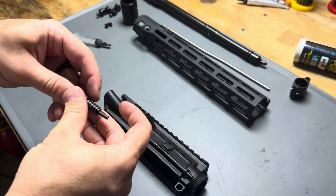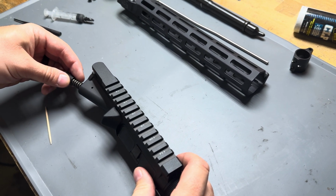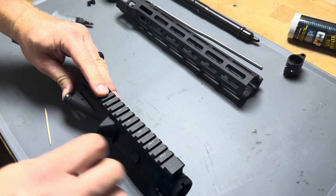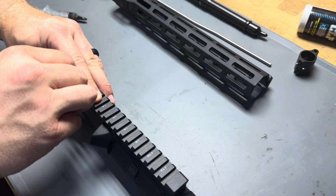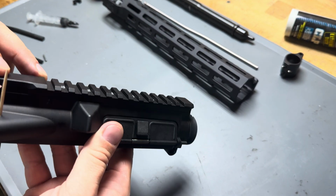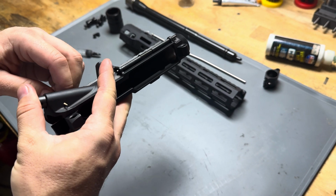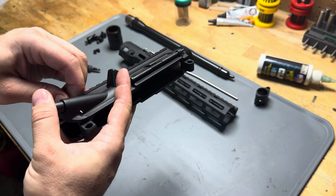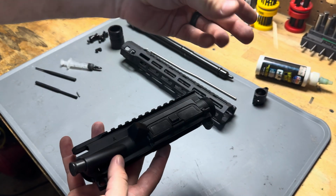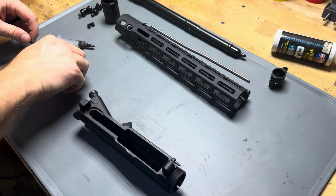So I'm going to go ahead and just put my spring over the forward assist. I'm going to keep that flat section facing towards the center, and then I'm just going to push that all the way in. And again, I'm going to use that toothpick to slave it so that everything is held into place. I'm just going to pull this toothpick back out most of the way here, and then I'll just break off the top half, get rid of that,